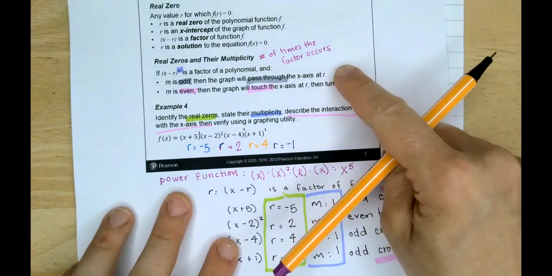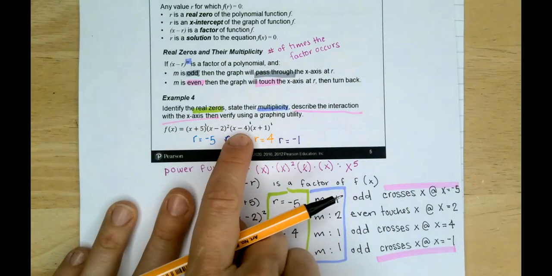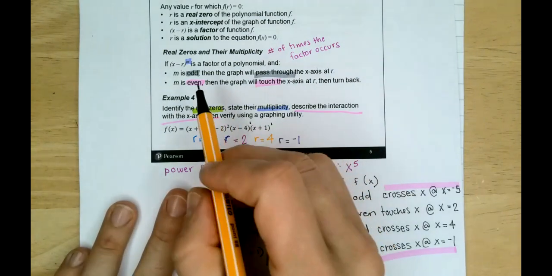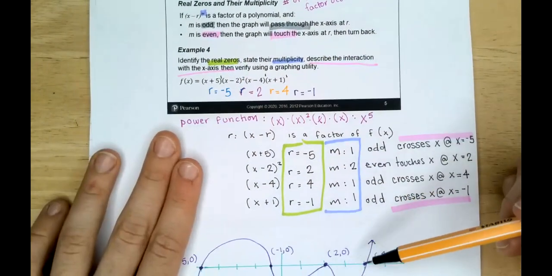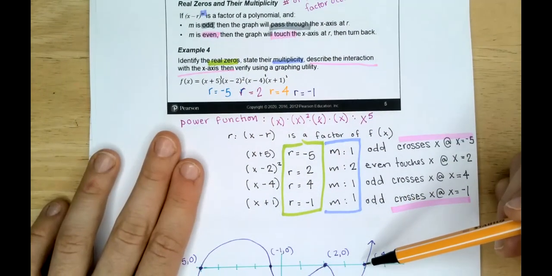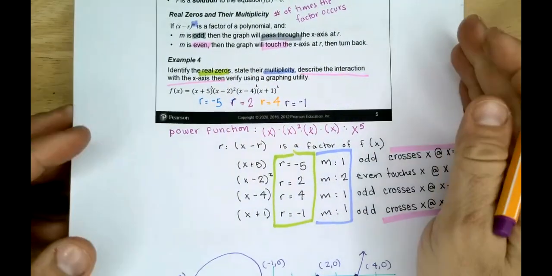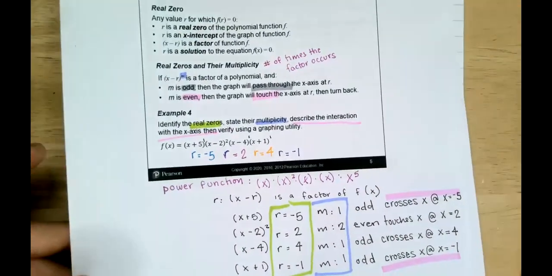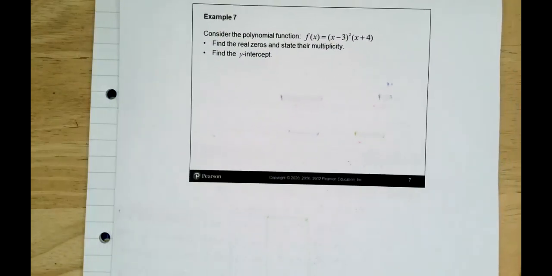Right? So this factor occurs one time, this factor occurs two times, this factor occurs one time, and this factor occurs one time. If it occurs an odd number of times, it passes through the x-axis. If it occurs an even number of times, then it touches and then goes back. Touches and turns at the x-axis. Touches the x-axis and then turns. Good? All right, so let's consider,